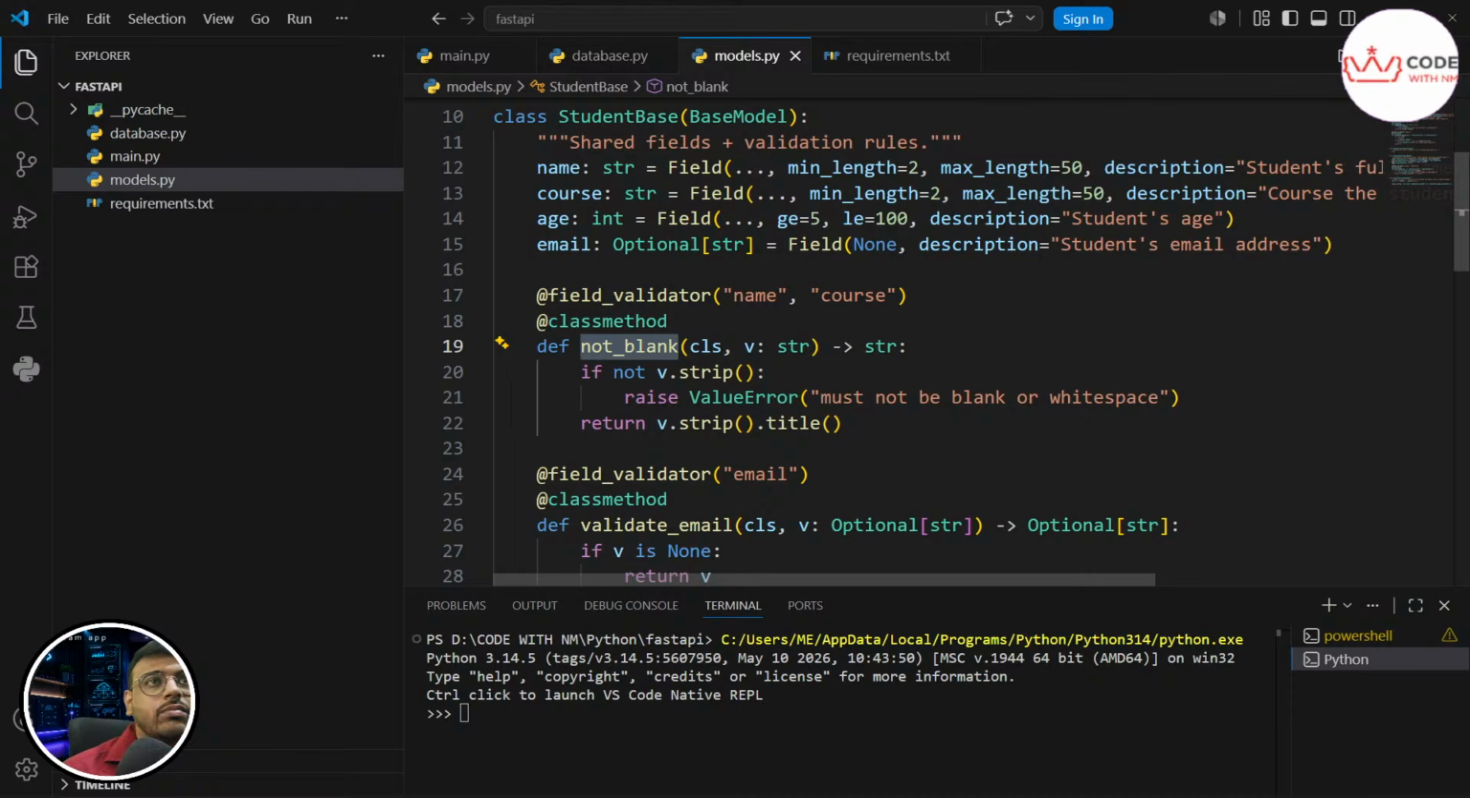This function rejects strings that are only white space. For example, white space simply means this: I just hit one single space. This is known as white space. If you're not getting what white space is, one single space you hit is known as white space. On success it trims the surrounding white space and title-cases the value. So for example, the line number 20